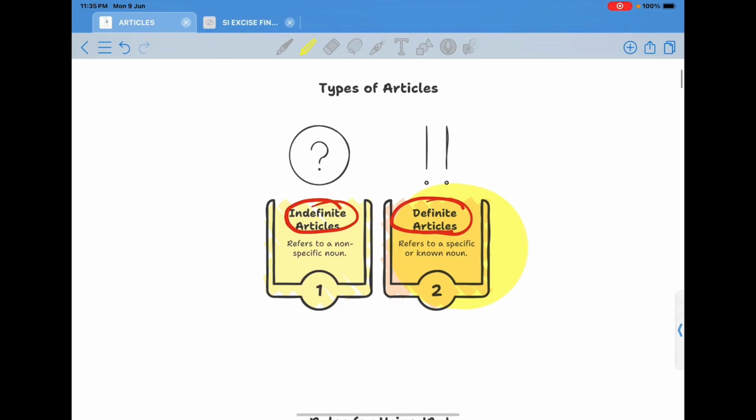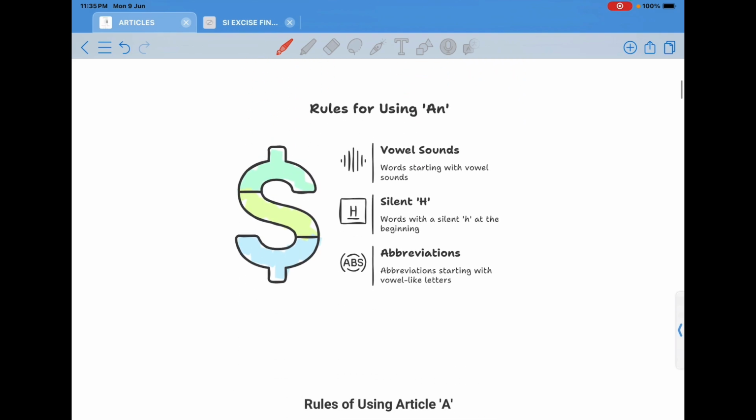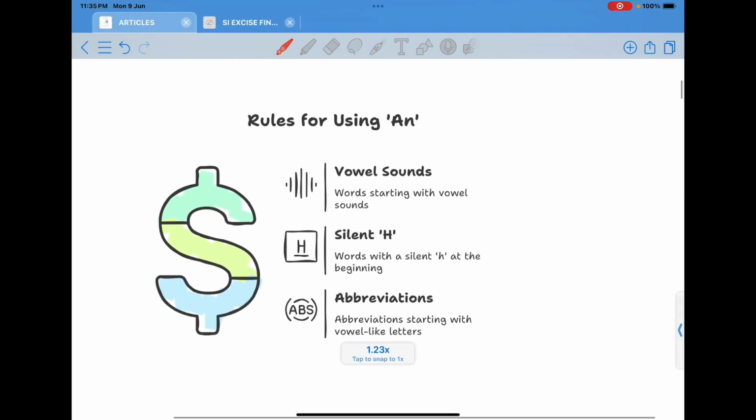Okay, now you know there are two types of article, indefinite and definite article. In the indefinite type of article, there are two, that is a and an. And in definite type of article, that is one article, that is the. Okay, so now we will study how to use this, when to use this. There are some exceptions, everything we will study. Next,